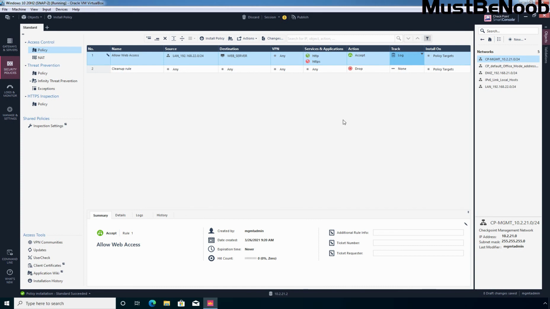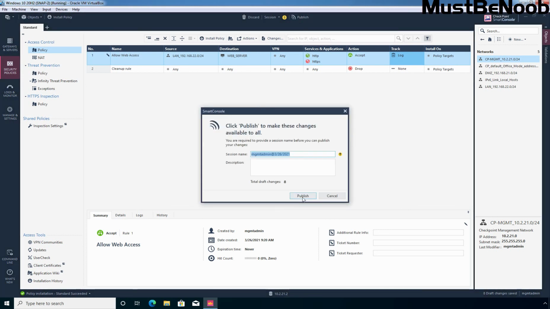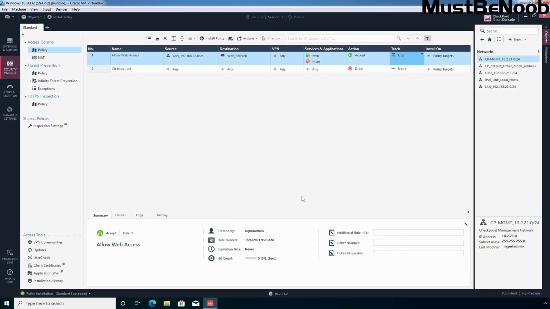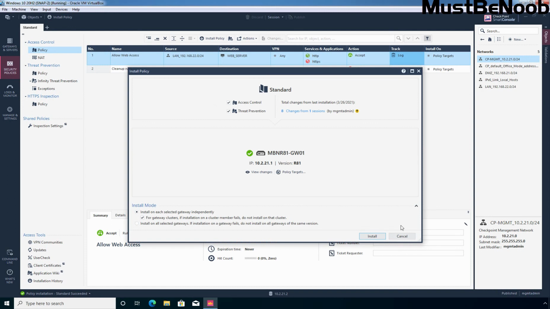Now you can publish those changes on the management server, and later on push the policy to your security gateway by clicking on Install Policy. Let's click on Publish. Click here. And now let's click on Install Policy to push those policies to our security gateway.